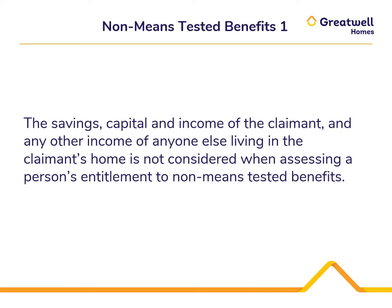The savings, capital and income of the claimant and any other income of anyone else living in the claimant's home is not considered when assessing a person's entitlement to non-means tested benefits. Non-means tested benefits include: